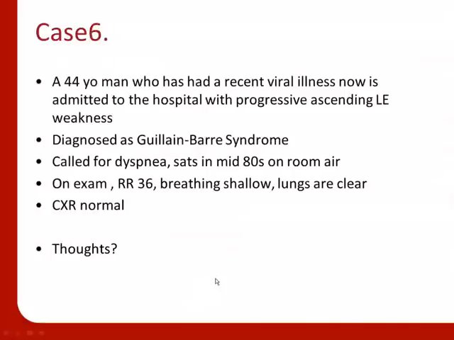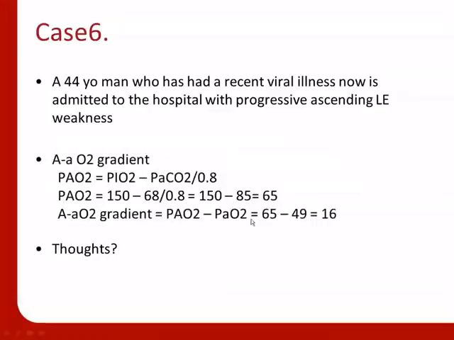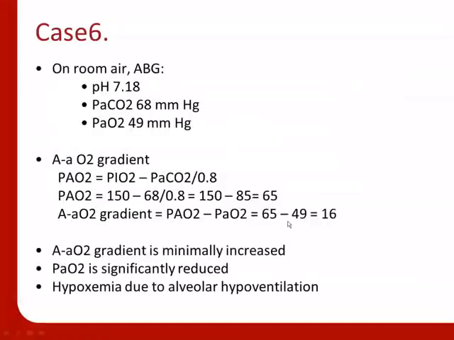The next case is a 44-year-old man with a recent viral illness who's admitted and has progressive lower extremity weakness. He's diagnosed with Guillain-Barré. You're called to see him because he's dyspneic and his SATs are in the mid-80s. He's tachypneic. He's taking shallow breaths, but his lungs are relatively clear. You look at his X-ray, and